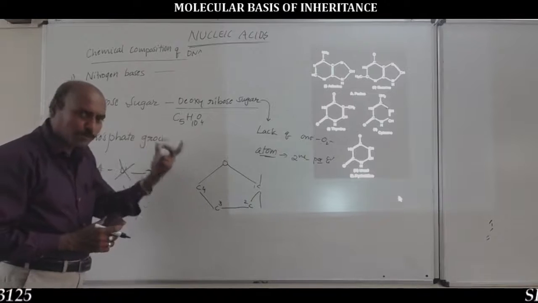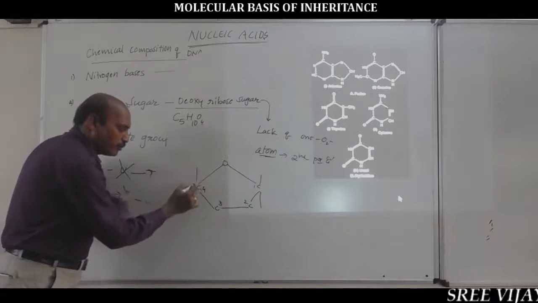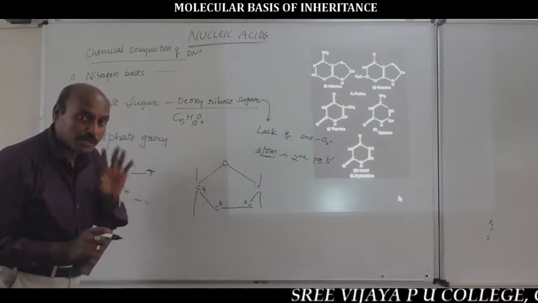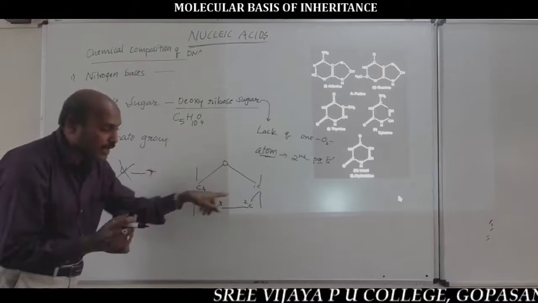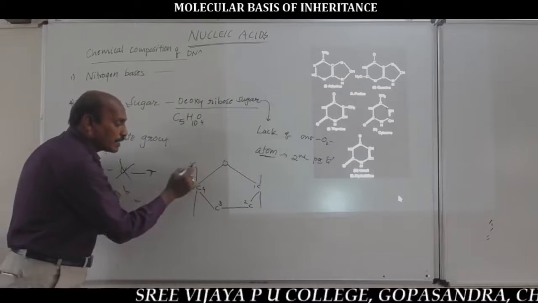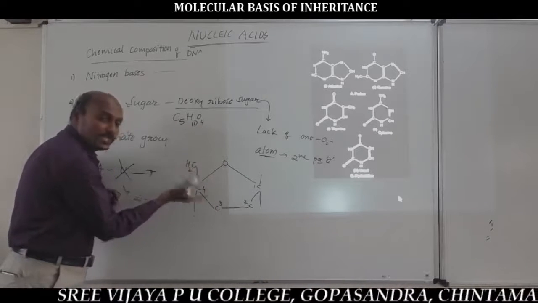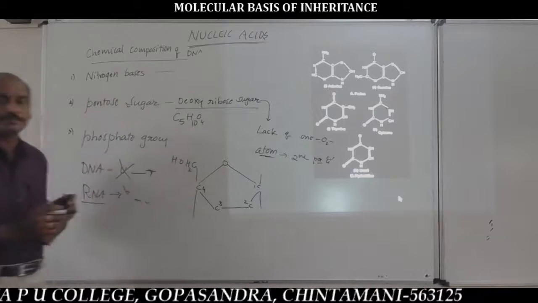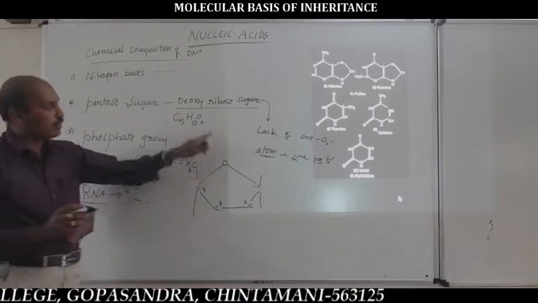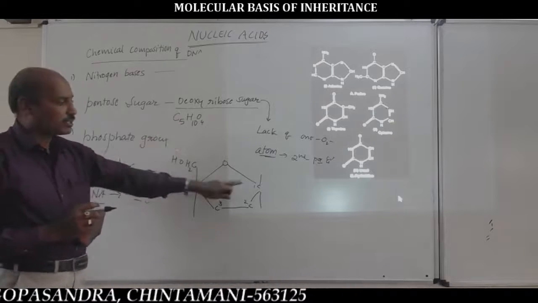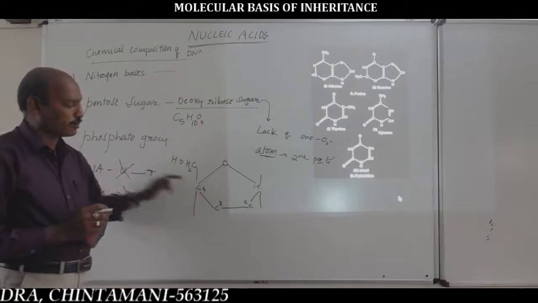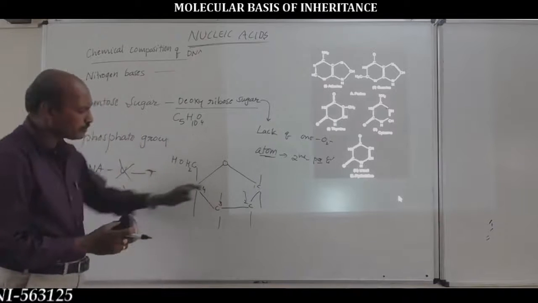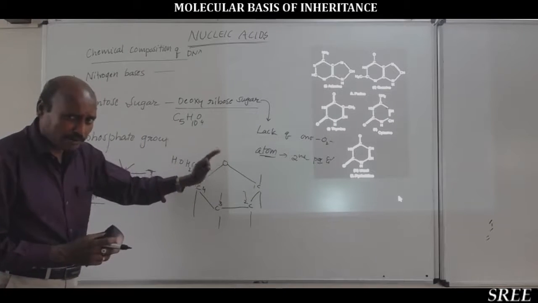Four carbon atoms of the pentose sugar fuse to form a ring. Very important: only 4 carbon atoms fuse to form a ring, while the 5th carbon atom is present outside the ring in the form of CH2OH. You should remember, out of 5 carbon atoms, the first, second, third, and fourth carbon atoms fuse to form a Haworth ring,